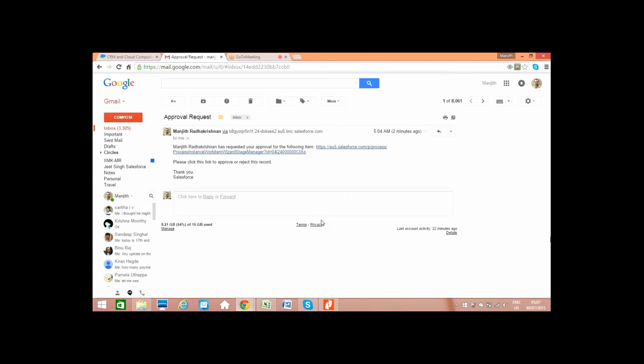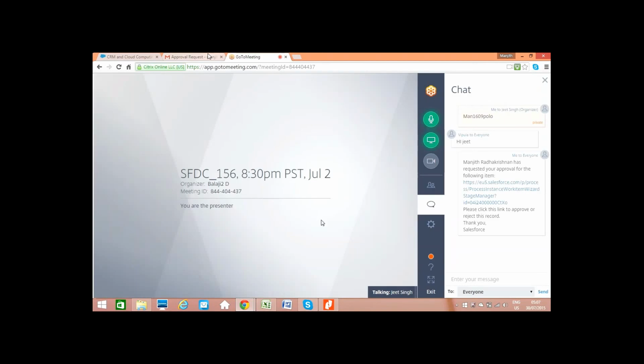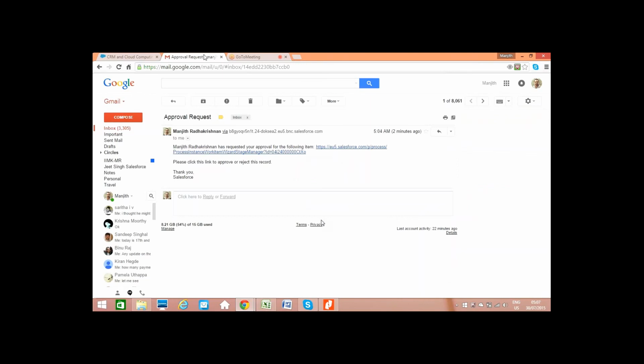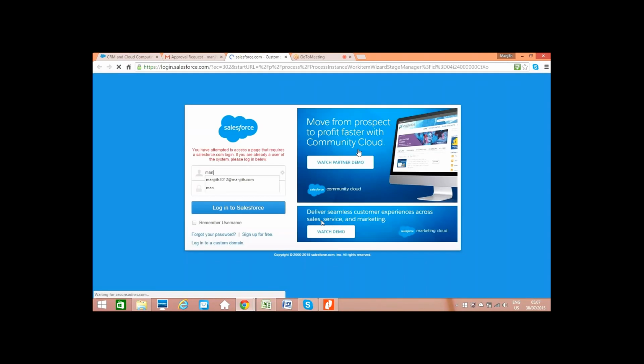So this is the email that the approver will receive, where he gets the link which he can use for rejecting or approving the record. Now click on that link. Whoever is the approver should ideally click on that link. After he clicks on the link, he will be required to log in. So Salesforce will ask for the login ID and password.